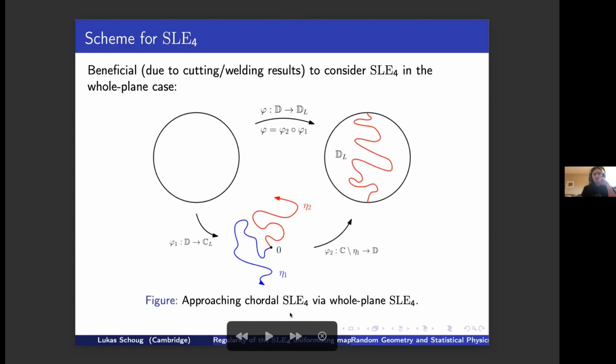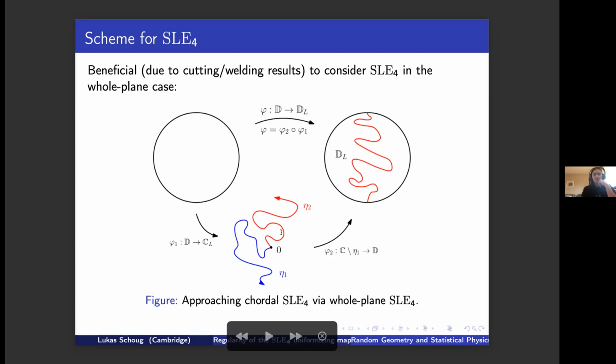So the way that we try to handle an SLE4 is to approach it via whole plane SLE4. It turns out it's easier to handle the two-sided whole plane SLE4 than to handle just the SLE4 in the unit disk immediately. And the reason for that is that if you take this two-sided whole plane SLE4 from infinity to 0 to infinity,